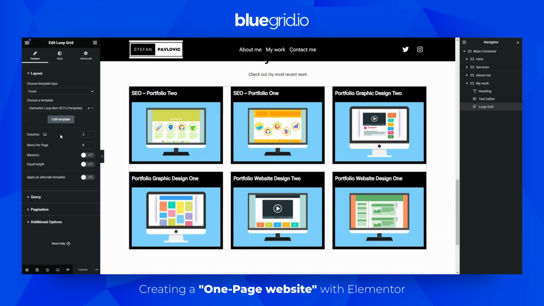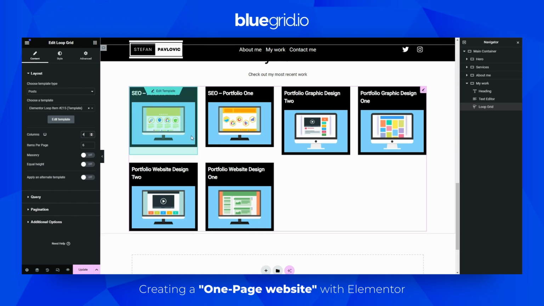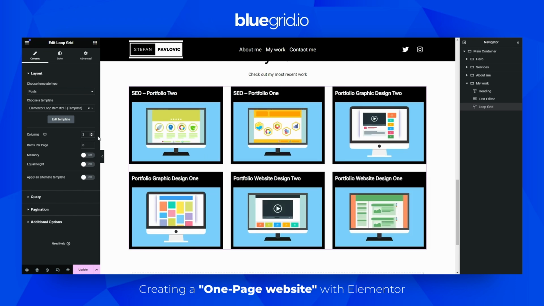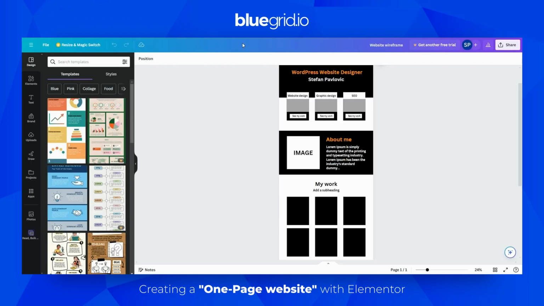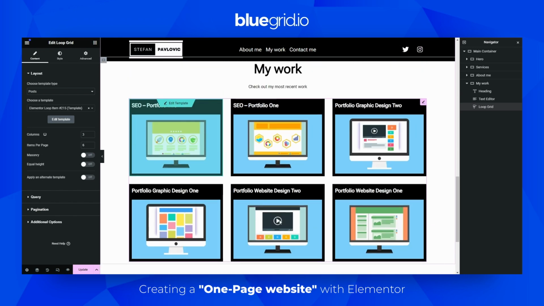portfolios as posts. Now, this means column 3, which means that if you want to have 2, 3, 4, 5, whatever posts per row, this is where you can control it. And I want 3 posts in one row because we're following our wireframe. And then items per page 6. Now, what does it mean is if we have, let's say, 9 posts, then only 6 will be visible here,